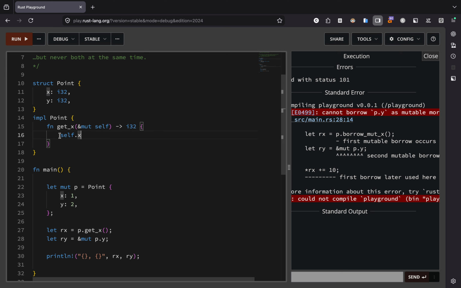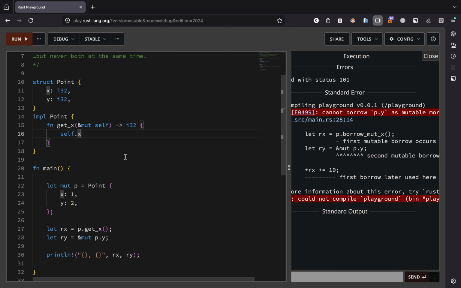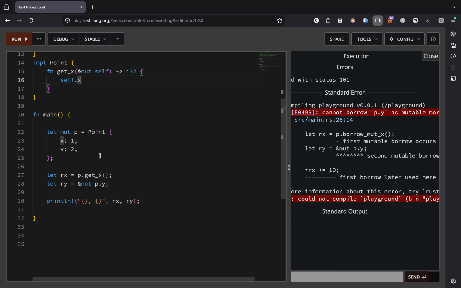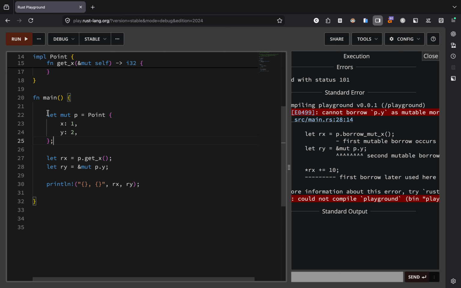So remember what we said, this is where the compiler focuses. The body returns self.x, so it matches this. Now in our main we have p set up as a Point. This is not the borrow checker's issue. Now we have rx here that calls the function